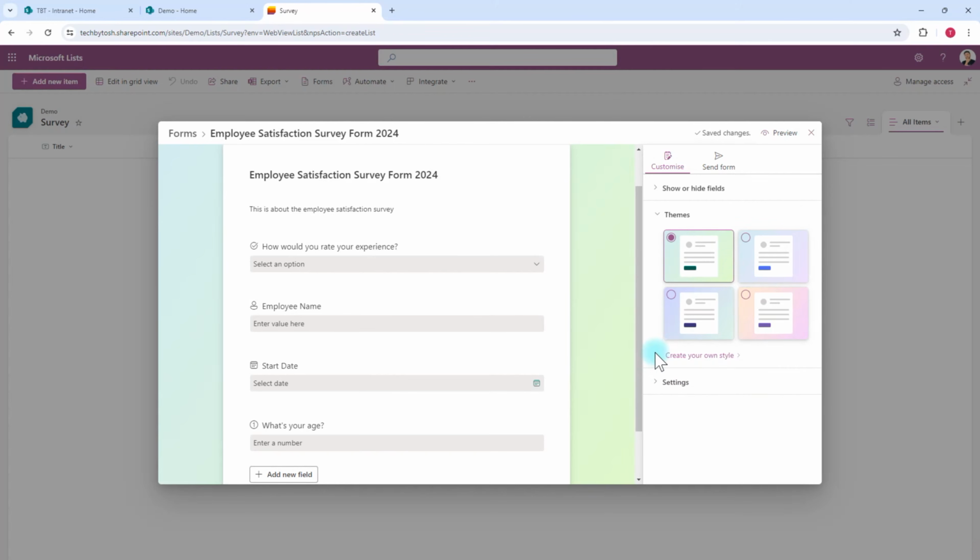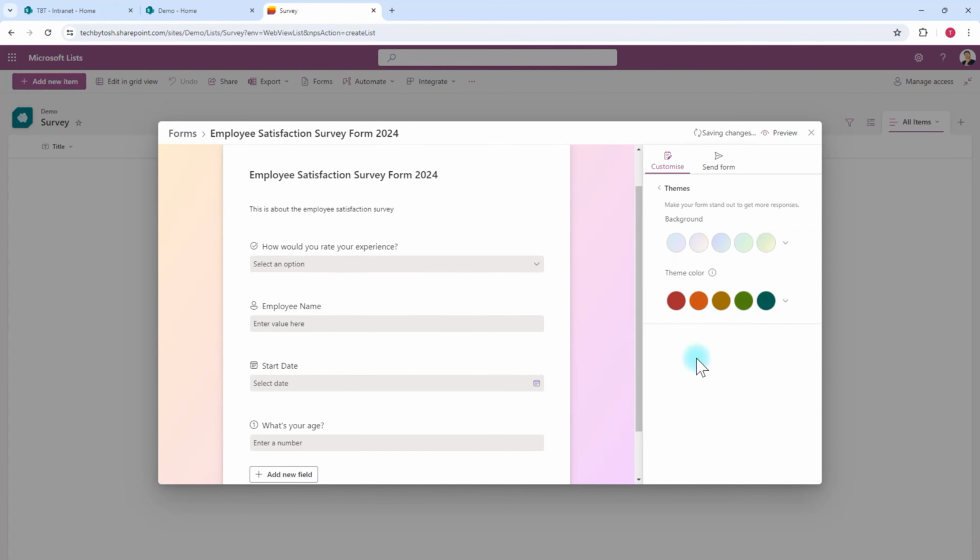And if you click on themes, you have different themes, so that gives you the different colors, backgrounds. You can create your own style, so you can choose the background color you want, and the theme color you want, so you can change these different colors. There are some limited options, but hopefully Microsoft will add more options for you in the